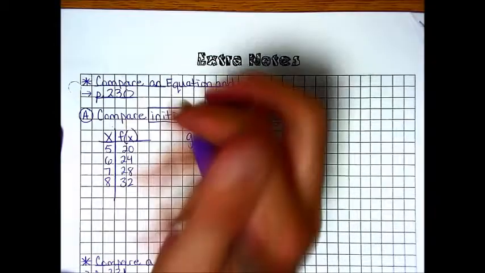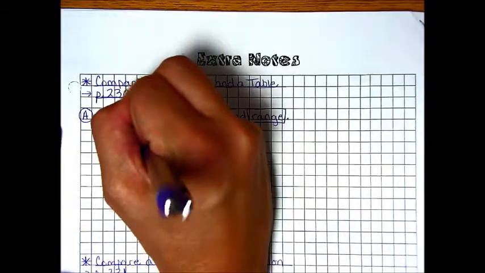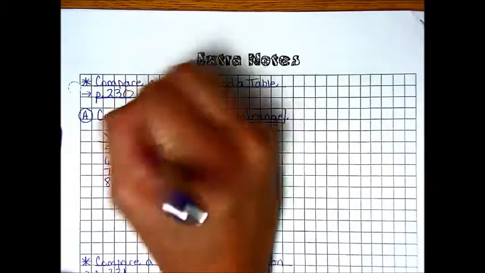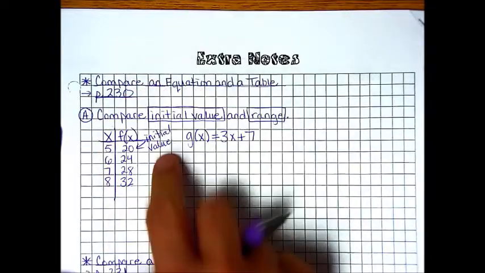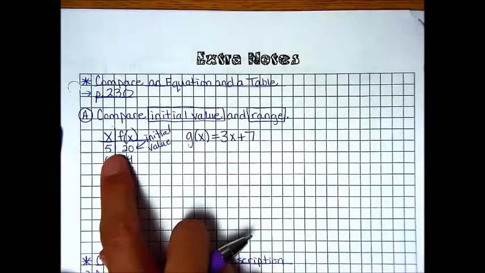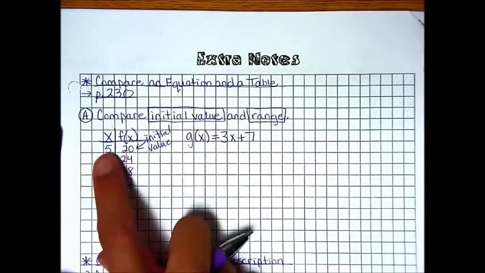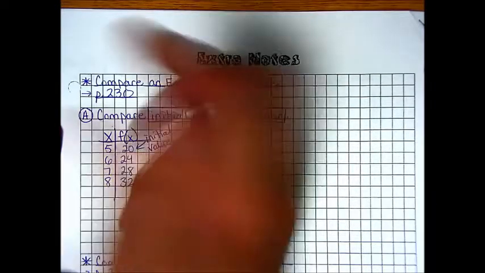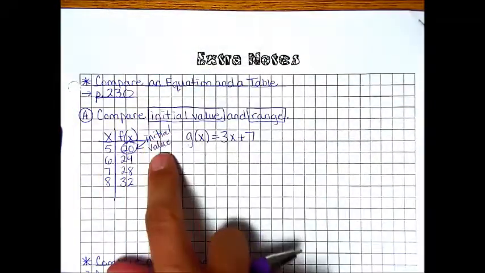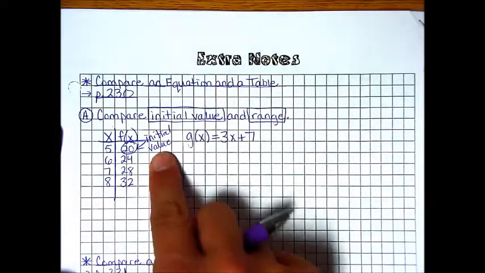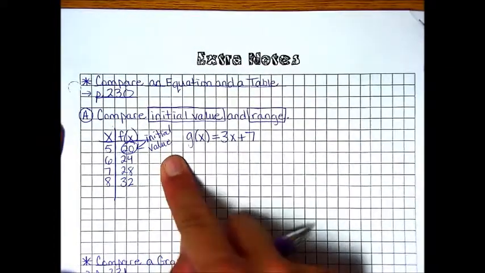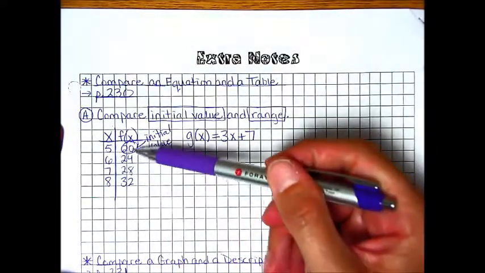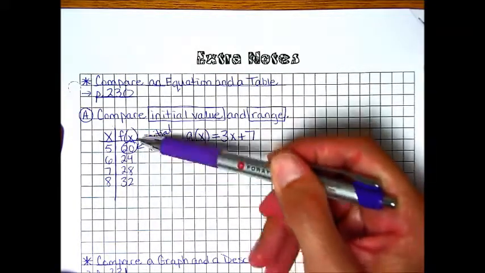Guys, the initial value is 20 because that's the first thing in the table. When they plug in 5, which was the smallest number you could plug in for the domain, they got 20. So your initial value for f of x is 20, and your range is going to be 20 to 32